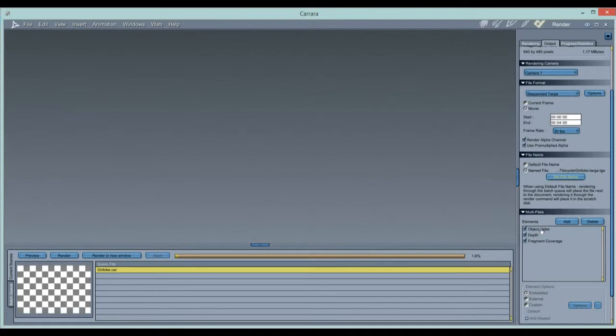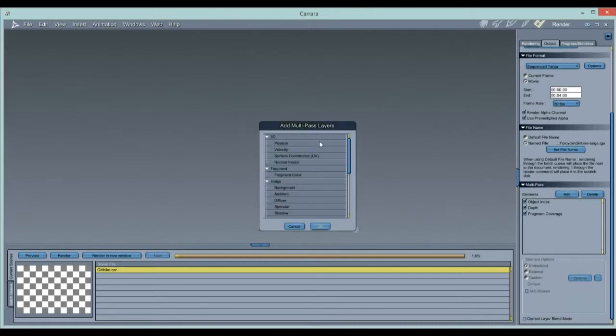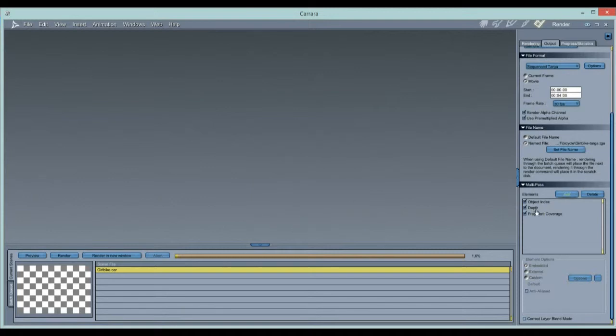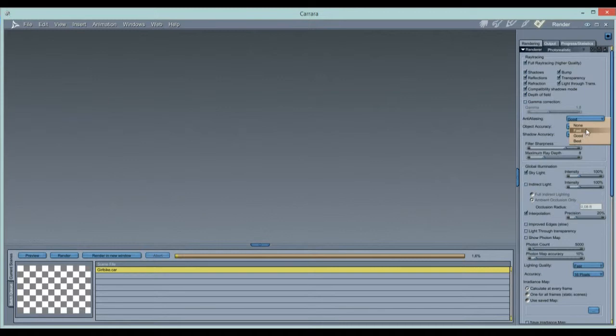Most importantly, I'll also add some experimental multipass options. That's a very powerful feature in Carrara, that you can have it render more than one image per frame. You can have additional images rendered that contain just the position, the velocity, or some other parts of the scene that could be useful for post-processing, for instance. So I have here an experiment with the object being rendered, the depth, the fragment coverage. And if I go render this very quickly now, with very little anti-aliasing, maybe even no anti-aliasing, just to do a quick test,